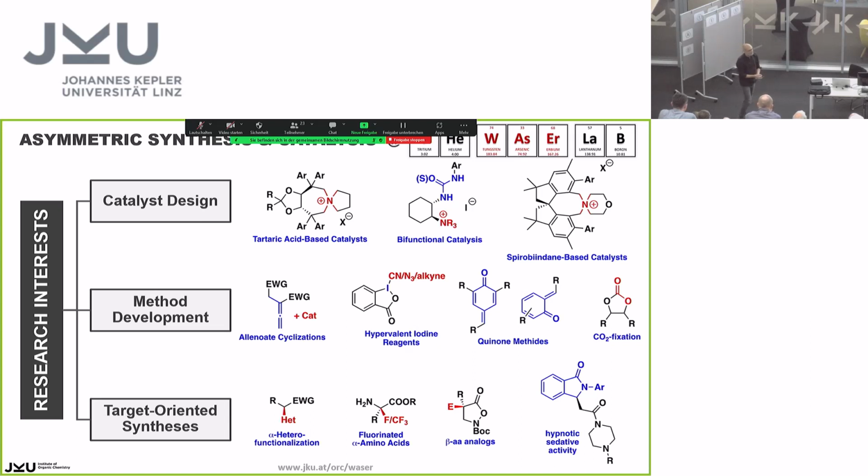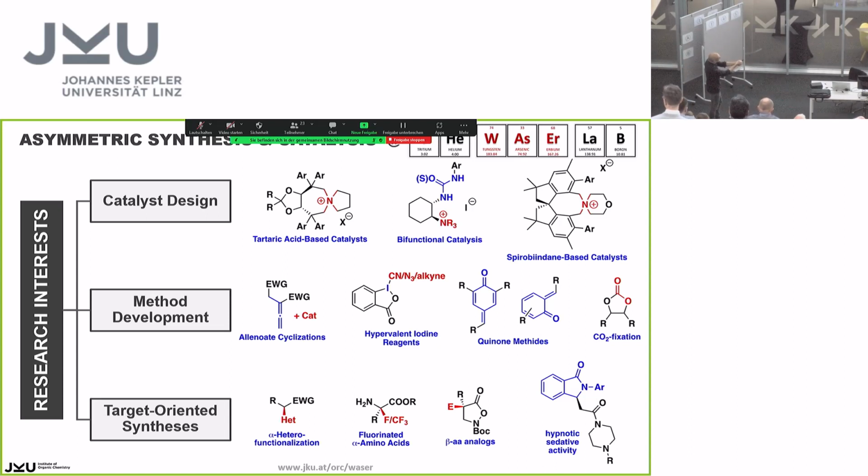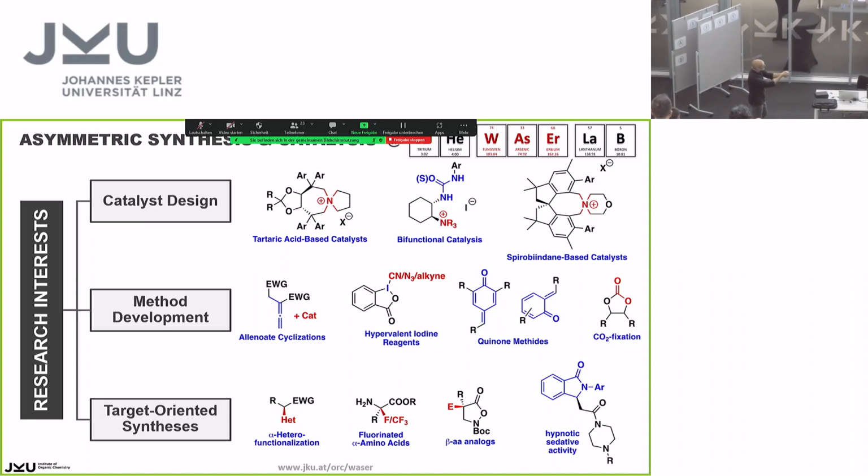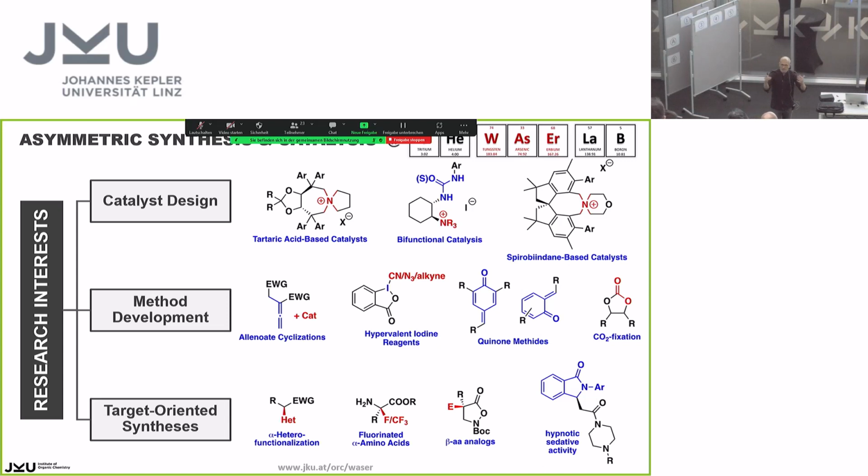We use these catalysts then to develop new methods. So we want to develop methodologies using such building blocks here to make new molecular entities of a given complexity. And we also want to use this methodology to make molecules of maybe biological interest, like amino acids, alpha amino acids, beta amino acids. We made this molecule, which also has some drug-like properties. So everything in my group centers around catalysis, designing catalysts, and applying them to make new molecules or to make